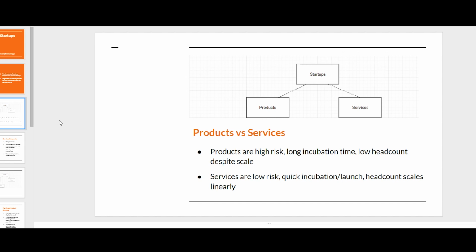Which means that if you're working with 100 clients and it takes 100 man hours today, if you're working with 1,000 clients, it will roughly take you 1,000 hours to deliver, right? Even with a few tools, you might be shaving off a few hours here and there, but in general, headcount scales linearly. You need to spend more man hours.